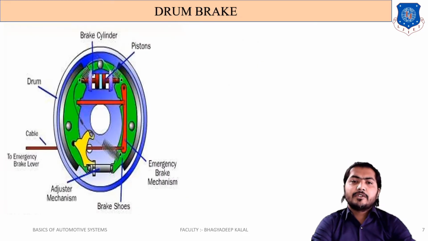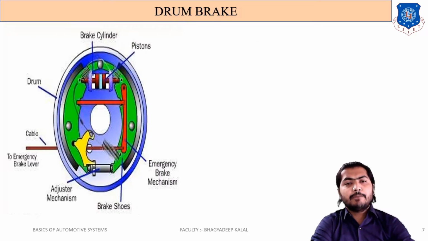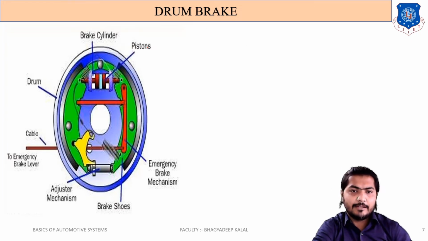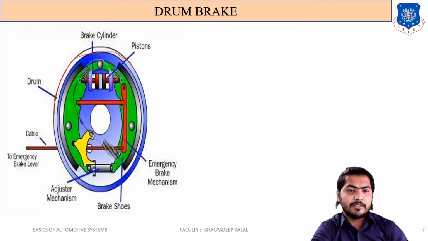So next we proceed on the drum brake. A drum brake is a conventional brake. In a drum brake, one drum is there. In this diagram, this is the drum. The outer portion is the drum, used on the wheel, or we can say on the axle. It is attached to the wheel. That is a drum. This outer portion is nothing but the drum.